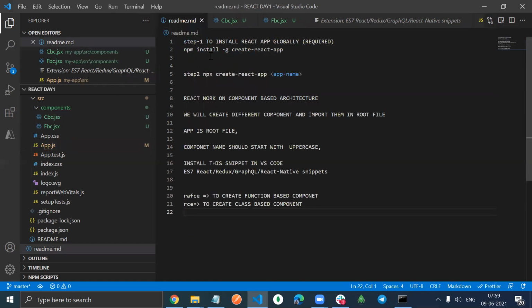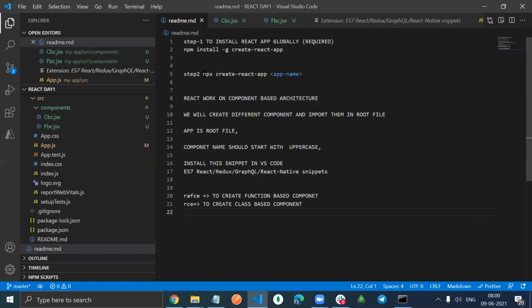Again, we will revise. First of all, since you're learning React from scratch and haven't worked with React, you have to install create React app globally, then only it will work. Just type npm install -g create-react-app. Once you are done, create a new folder where you want to work on this project.